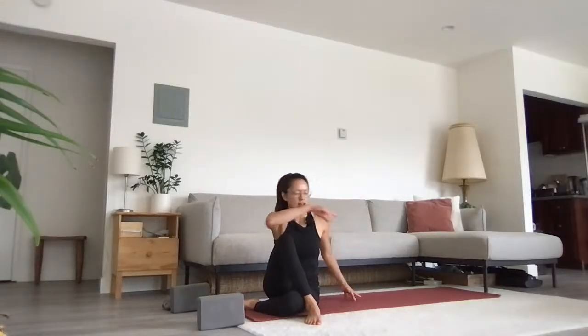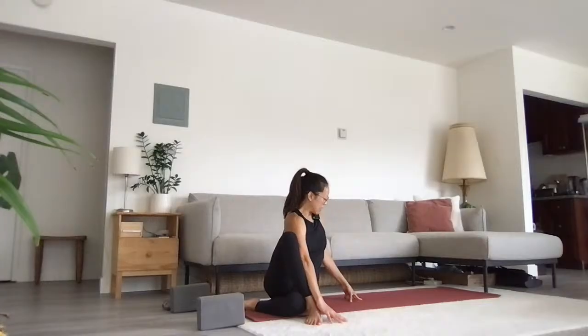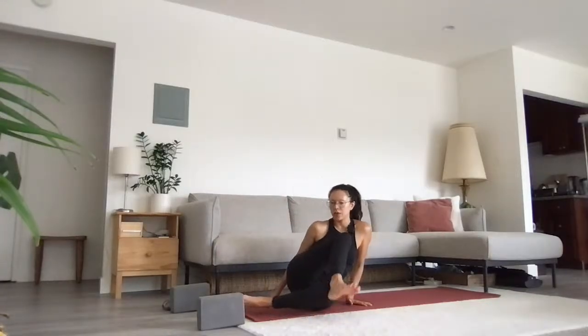All right, on the next inhale, we're going to come back to center. And then as you exhale, we're going to do an easy counter twist to the other side. Just turn to the other side. As you breathe in, come back to center. And then as you exhale, we're going to take our left shin, parallel that to the top of the mat,